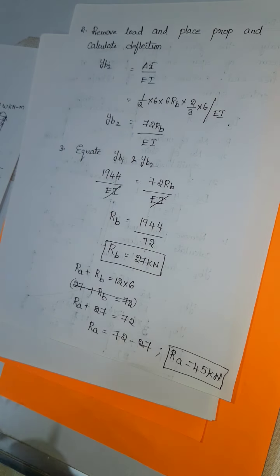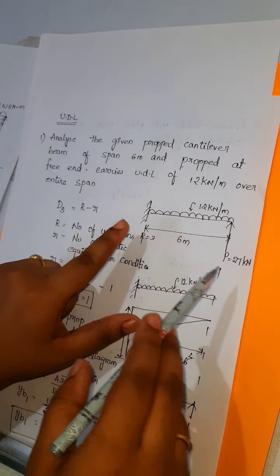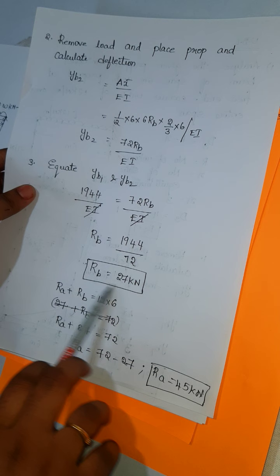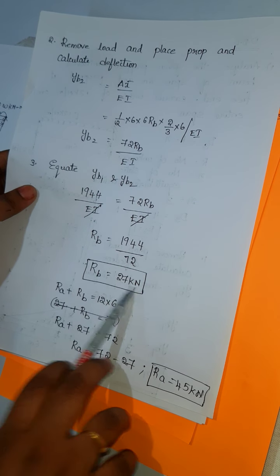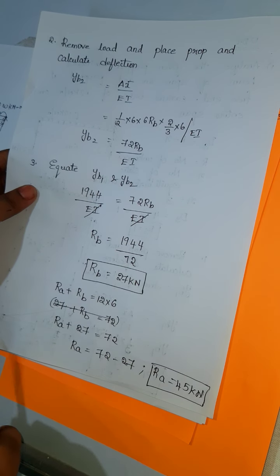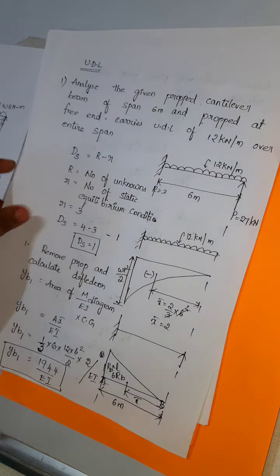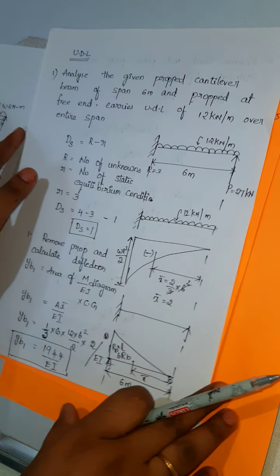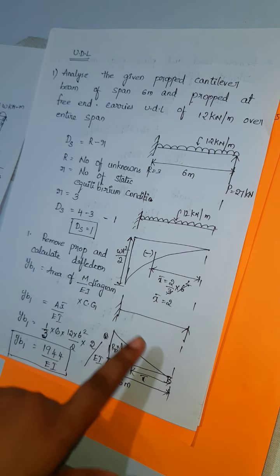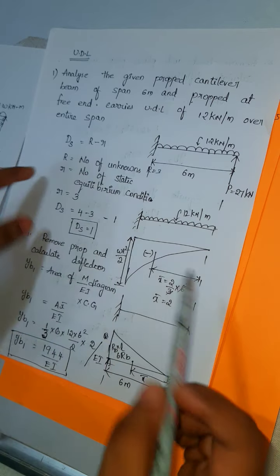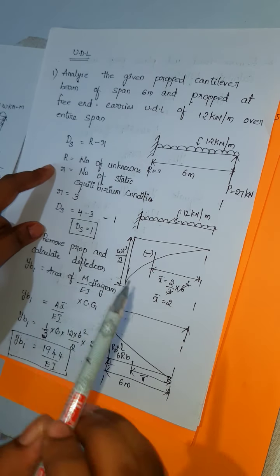Okay, have you understood this problem? They have told us to analyze the given propped cantilever. I have analyzed the propped cantilever. I got RB value as 27 kilonewtons. Upward force is equal to downward forces, so I have calculated RA reaction. This is my problem, same, easy. First one, remove prop and calculate deflection. If you understand the lecture 2 tabular form and the steps in lecture 1, you can easily analyze any type of